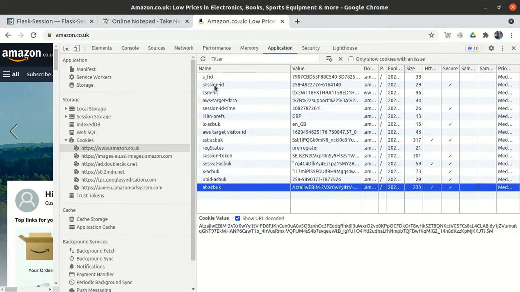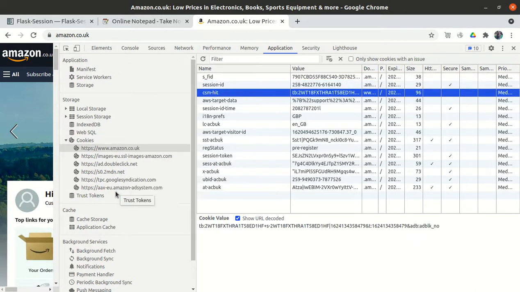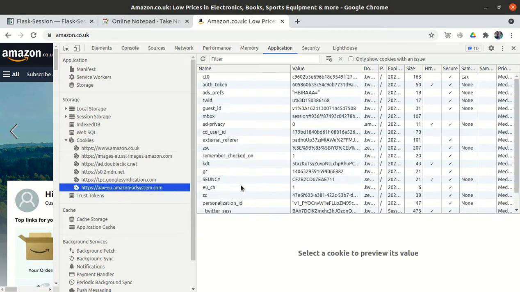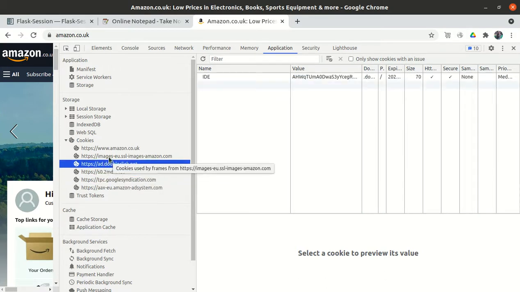There is an option which tells us till how many.